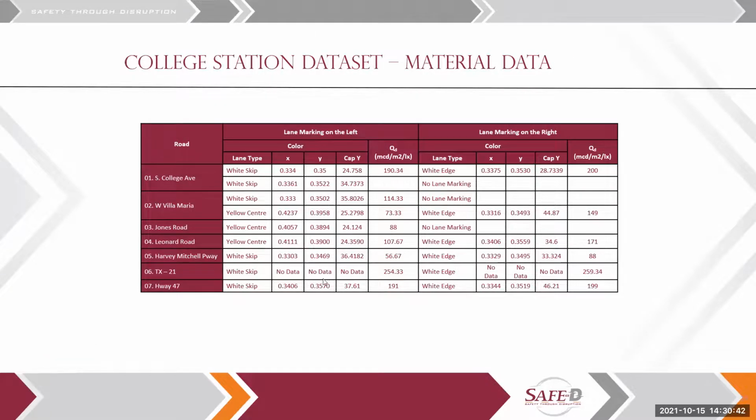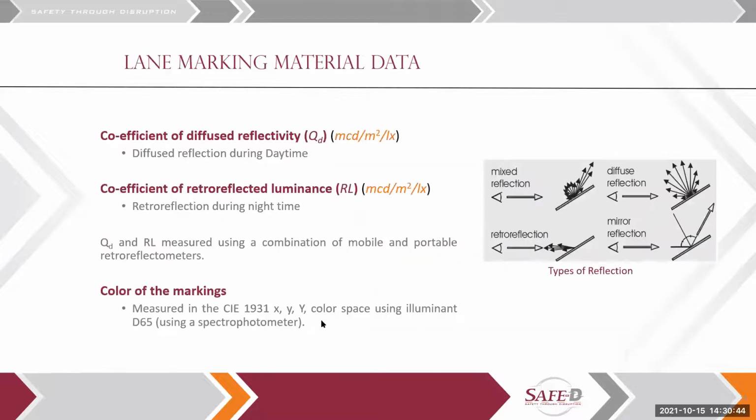Thank you for the question. In our experiments, we just had the vehicle headlamps that illuminated the road. If I understand correctly, you're asking whether the lights that illuminate the road have an effect, and whether changing the material properties actually has an effect towards improving the lane detection system. During the night, I would say yes, because